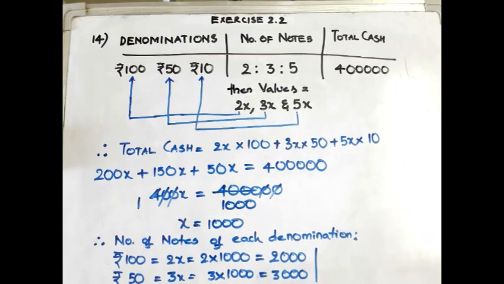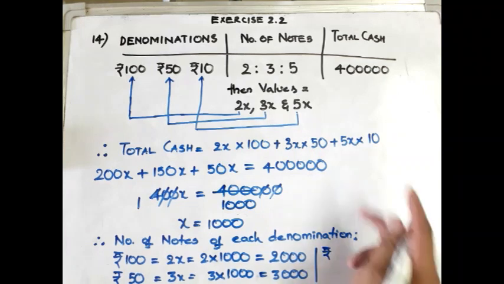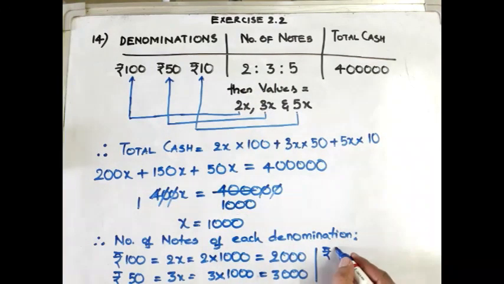And lastly, rupees 10. How much? Rupees 10 is equal to 5x. That means 5 into 1000 is equal to 5000. Okay, so the number of 100 rupee notes are 2000, the number of 50 rupee notes are 3000, and the number of 10 rupee notes are 5000. So hope you are clear with this